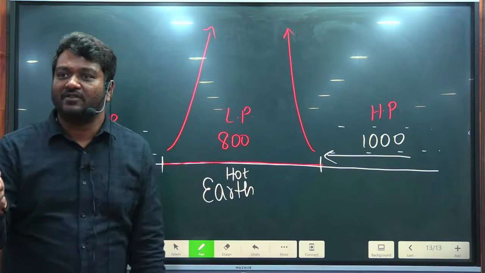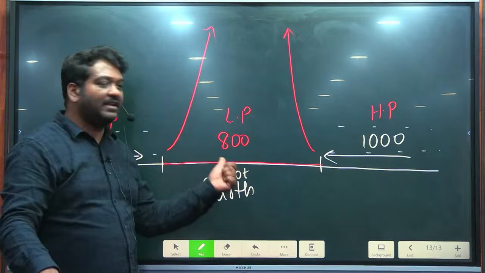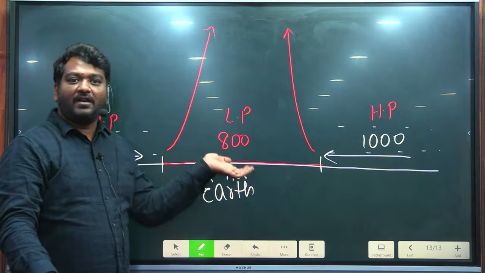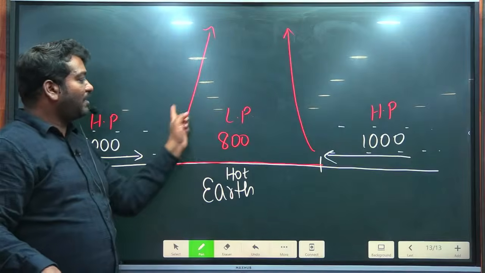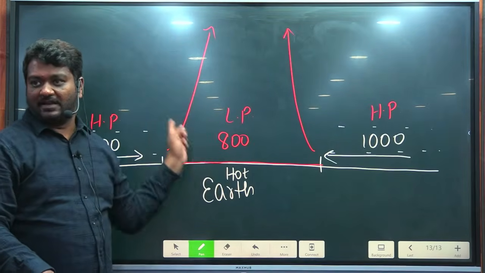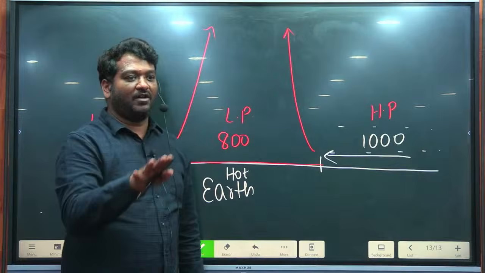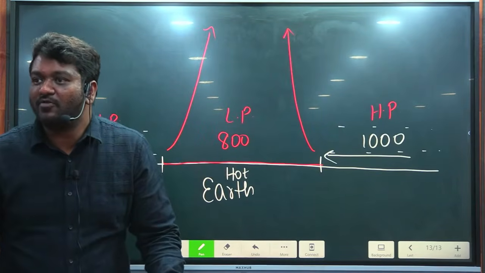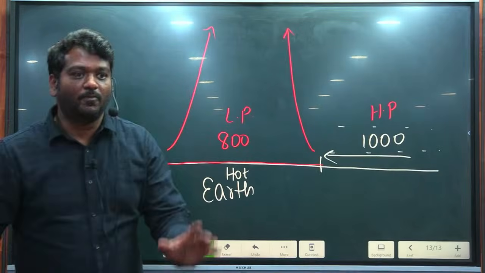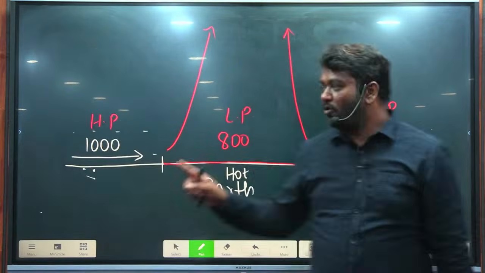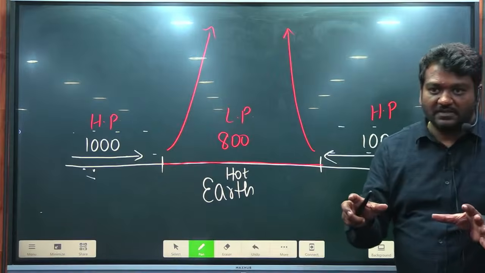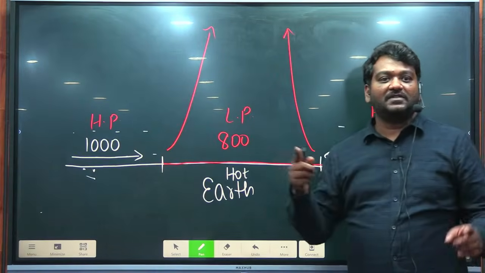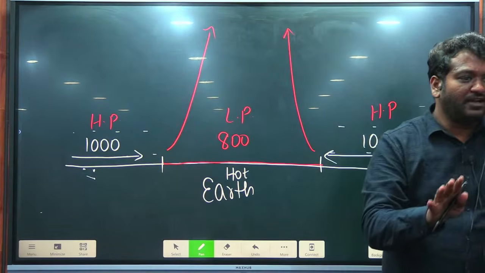What is the reason for this? This is because air gets heated. Hot air rises. Number of particles will be less. And anywhere on earth, if you have less number of particles, what are you going to see? Low pressure. That means low pressure is caused because Earth's surface is hot. Are you getting the point?